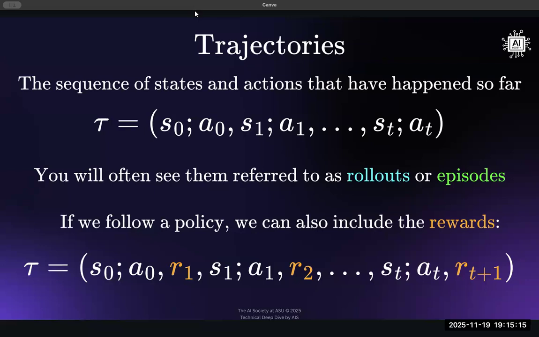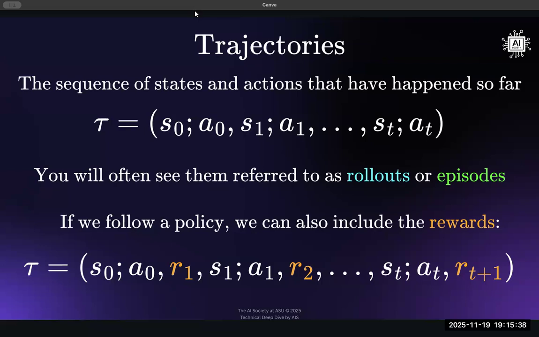And so if we follow a policy, and we'll look into policies in just a moment, but there are strategies for the agent to follow. And we can improve these policies, we can improve the strategies so that the agent makes better decisions. Better, we haven't defined that. That depends on the problem that you're trying to solve.